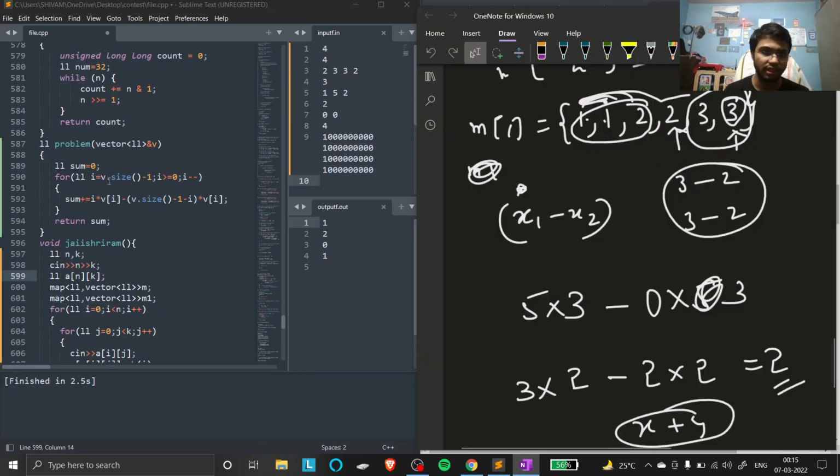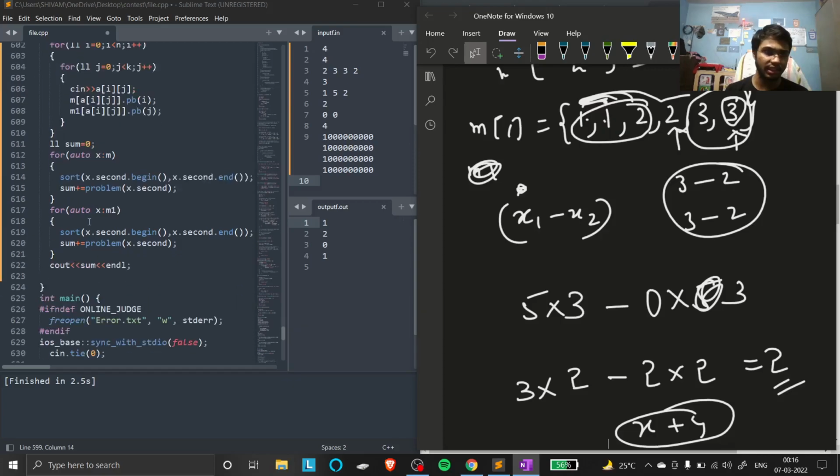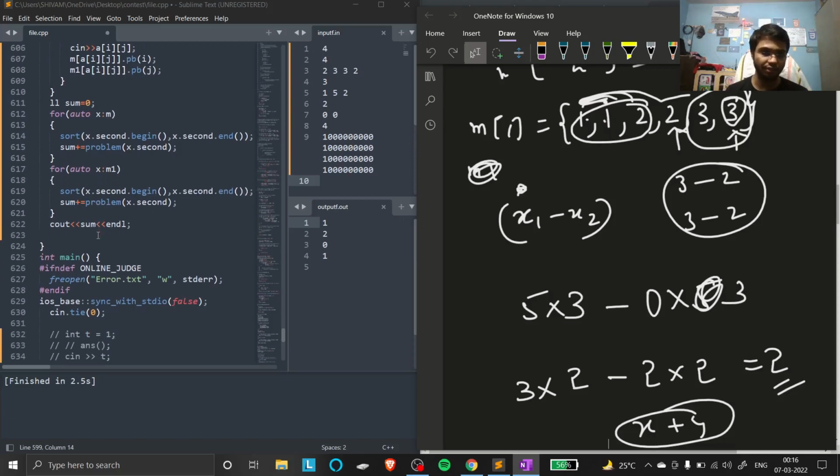This only is doing the occurrence count. So n minus 1 into the vector of n minus 1 minus i. In this condition, it would be 0 only, because the maximum number would not be subtracted with any of the numbers. As we are going from right to left, our maximum value is decreasing, so the sum is also decreasing, and after that I return the sum. Here I find everything for the x coordinate, and here we declared it for the y coordinate, sum the things, and at the end we declare the answer.